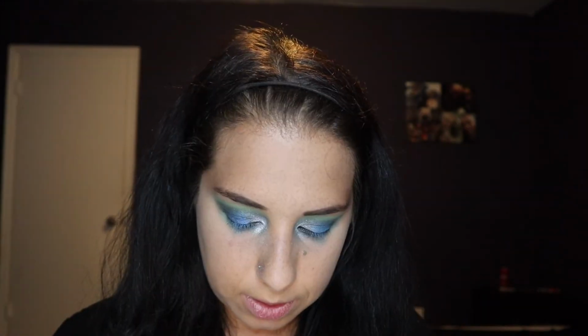black eyeliner. I'm just going to deepen up the lower lash line and add a little bit to the top